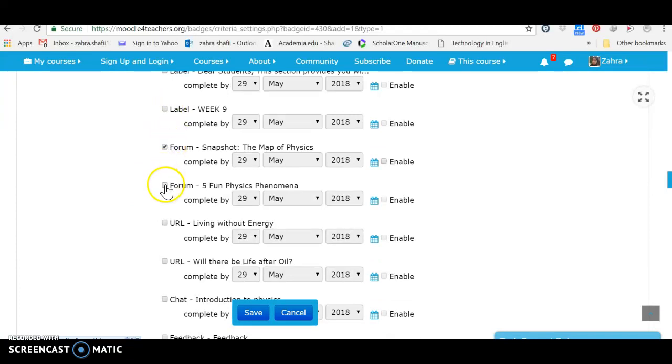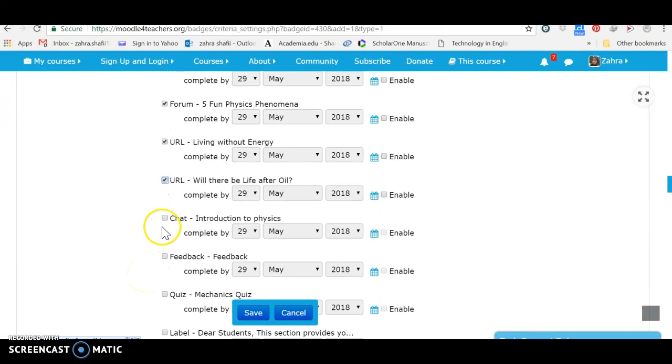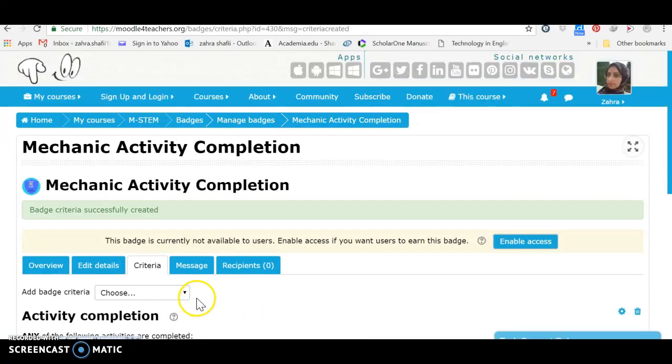We choose these activities that we have created some conditions for. That is a chat. I do not tick the feedback, and then I come to quiz. Okay, let's save it and see how we can manage the other parts of this badge. Again, another